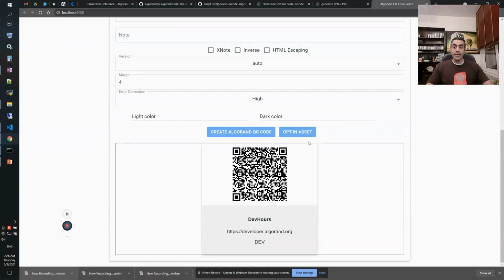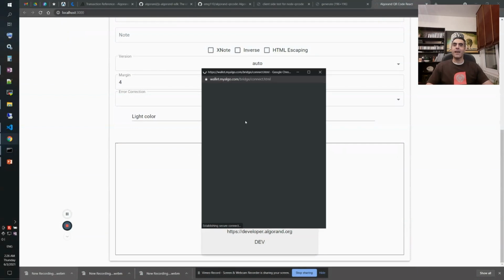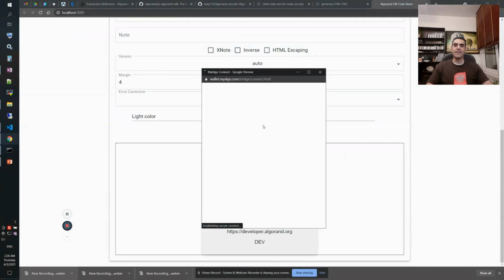And MyAlgo Connect is a bridge module which provides the bridging functionality between your decentralized apps or web applications and your MyAlgo wallet in a secure and reliable way. So we are using both of those functionalities today in order to demonstrate an opt-in functionality based on reading a QR code. So if I click the opt-in here,